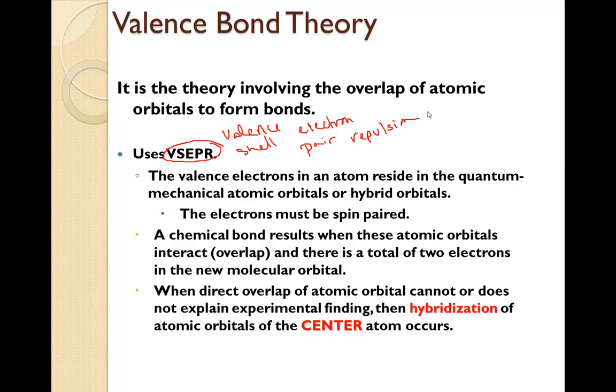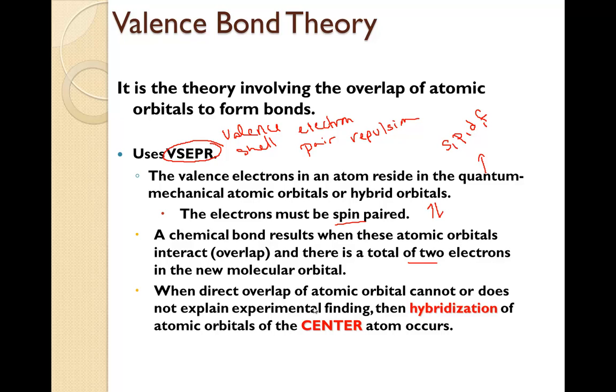The valence electrons in an atom reside in the quantum mechanical atomic orbitals or hybrid orbitals. What it's referring to here is the s, p, d, and f orbitals. And the electrons must be spin paired. So that's referring to the m sub s, where one arrow is going up and one arrow is going down. A chemical bond results when these atomic orbitals interact or overlap, and there is a total of 2 electrons in